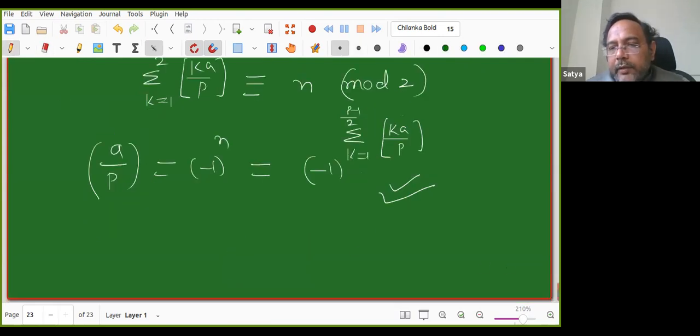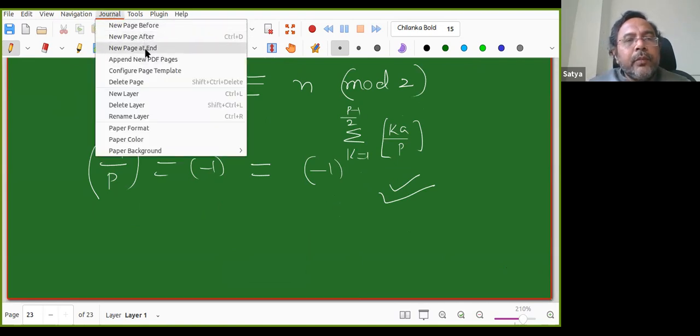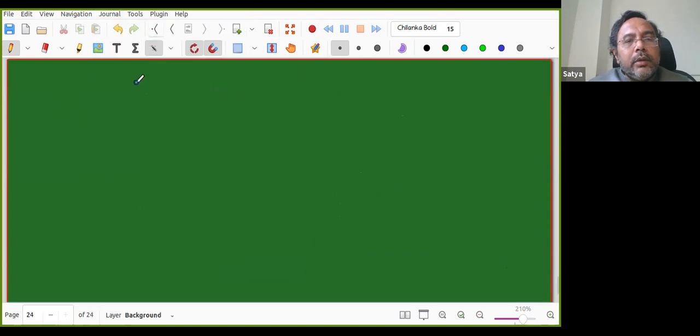Now the next part is simple. Now coming to the quadratic reciprocity law proof. What is the main part of the quadratic reciprocity law? I told you that (-1 by p) and (2 by p) are also part of it. The entire thing is a package, right? Then only we can compute.